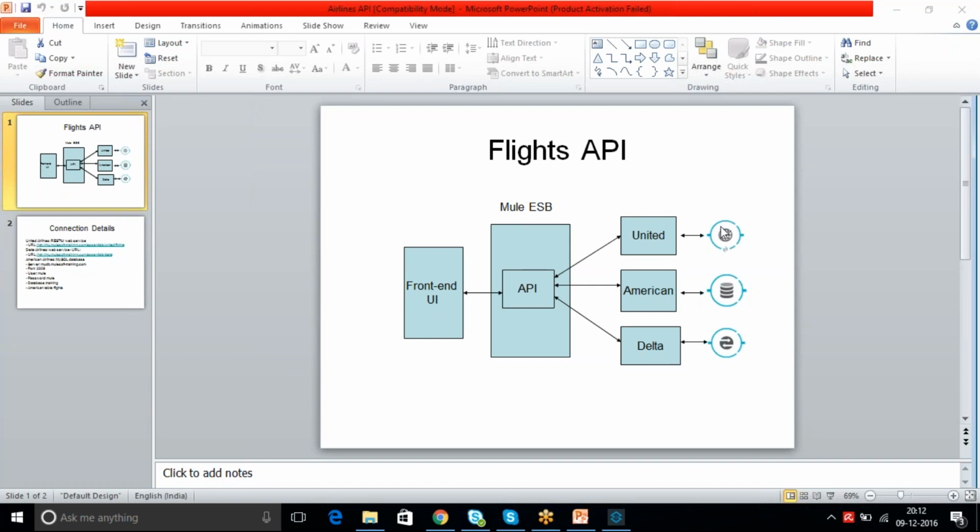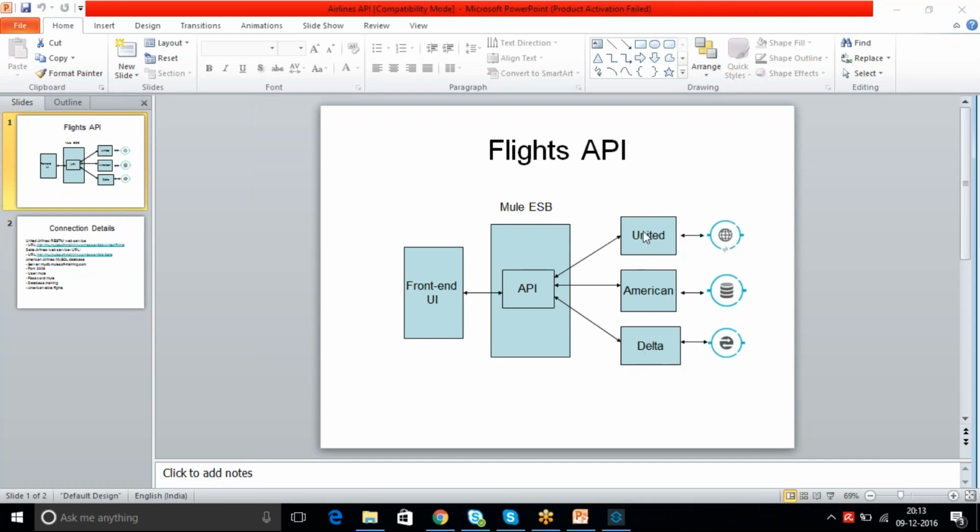So these are the connectivity details. You can connect to the three different kinds of airlines and get the data from them. Now you have all the connections in your hand. You need to connect each and every system and get the flight availability in their system. That is your task.